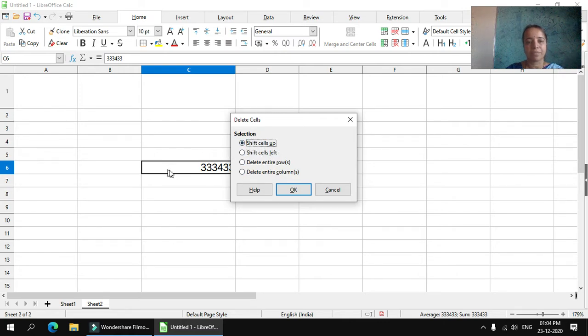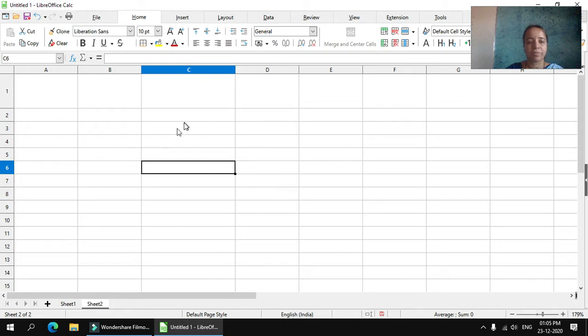Shift cells up means it will not delete that particular cell, just it will make the adjustment. If you delete these contents, the seventh row contents will be shifted up. Just adjustment will be made when deleted. Okay.